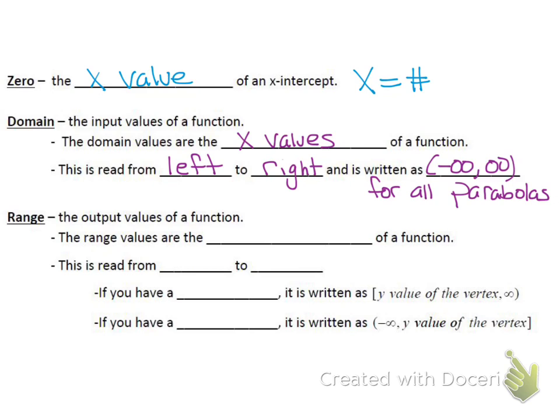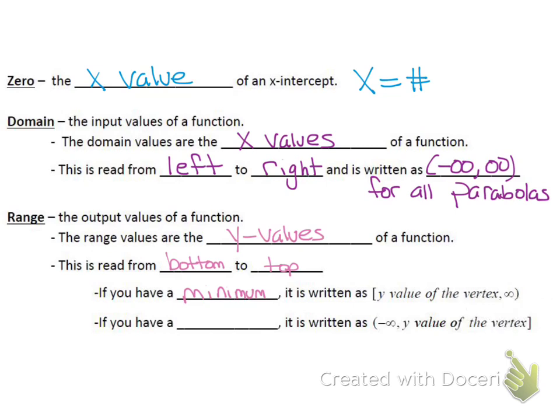And then the last characteristic is the range, or the output values. The range values are the y values of a function. We read range from bottom to top. And if you have a minimum graph, our range is always written as y value comma infinity, specifically the y